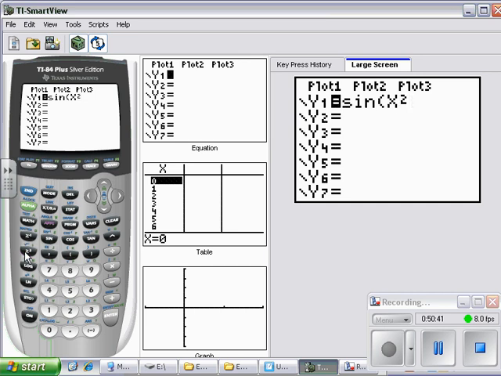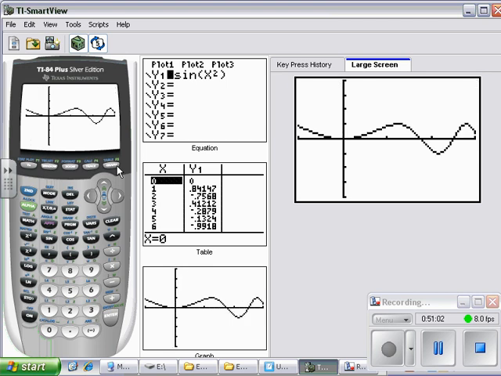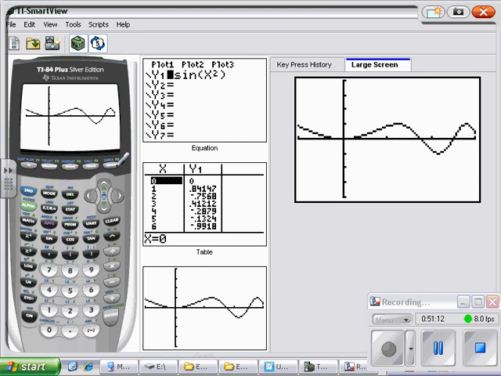So x squared. And we're setting our window from -1 to 3. So I do window, oh, it's right at -1 to 3. And I only care where it's negative, so this -4 to 4 is probably fine. Now, I knew my x scale was 1, so I know these marks occur every 1. So even just looking at these choices,